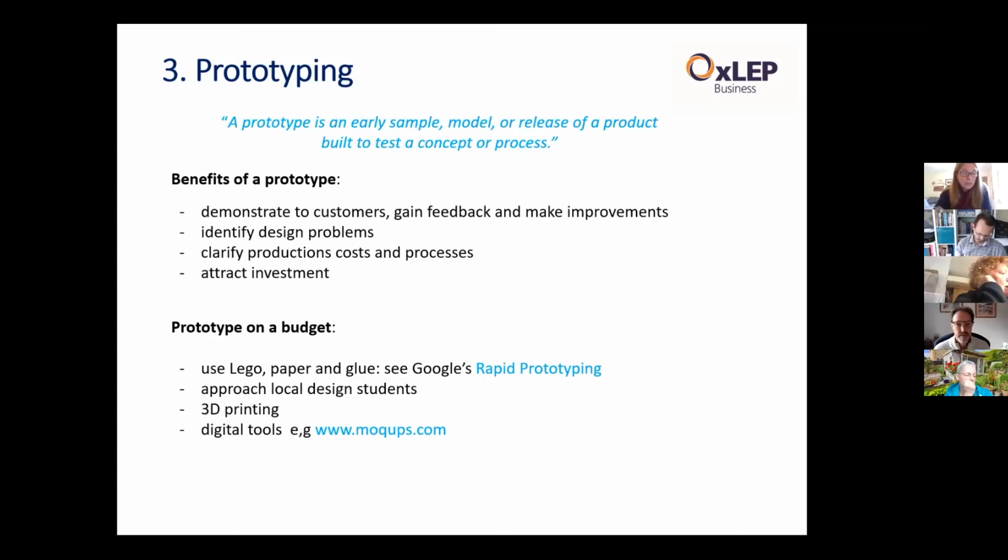But if you want to be a little bit more sophisticated than that, then why not try approaching your local design college, for example? We've got lots of very smart students here in Oxfordshire, and there may be somebody who you can work with on a prototype, possibly using something like 3D printing, if that's appropriate. There are also lots of digital tools to help you with prototyping as well. So if you have a quick look online, sites like mockups.com is a really cool example of how you can